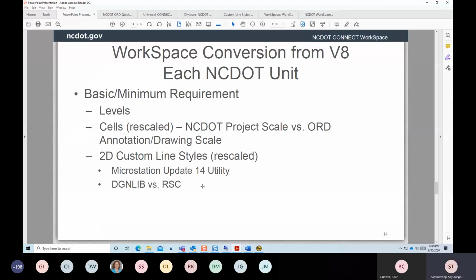Okay, the last item I want to touch on is how we converted our V8 workspaces to ORD, and that's required for each unit to do. So the basic minimum requirement is that the levels and cells have to be rescaled. We used to use what we call NCDOT project scale, versus now we're using ORD annotation drawing scale. The difference between the two is when we say 1 inch goes 50 feet, in project scale was